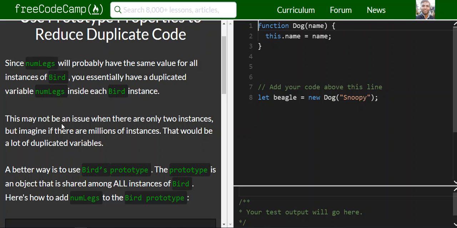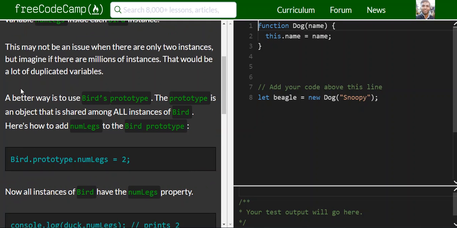This may not be an issue when there are only 2 instances, but imagine if there are millions of instances. There would be a lot of duplicated variables. A better way is to use Bird's prototype. The prototype is an object that is shared amongst all instances of Bird. Here's how